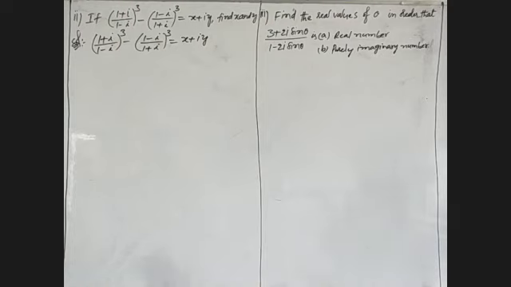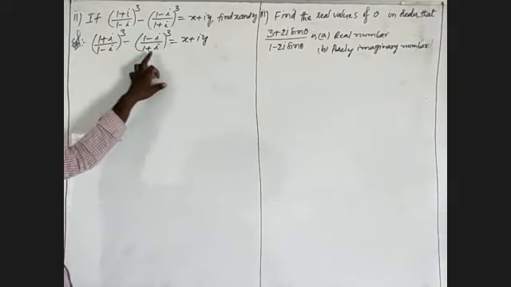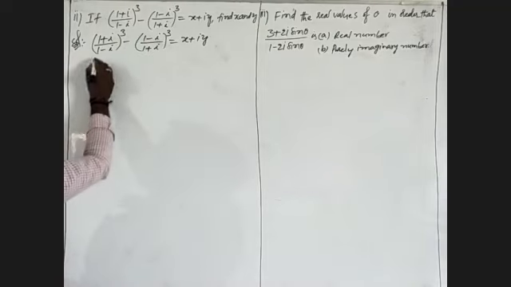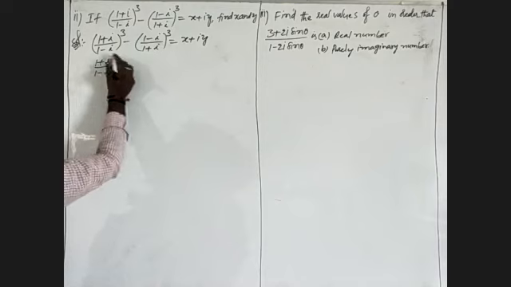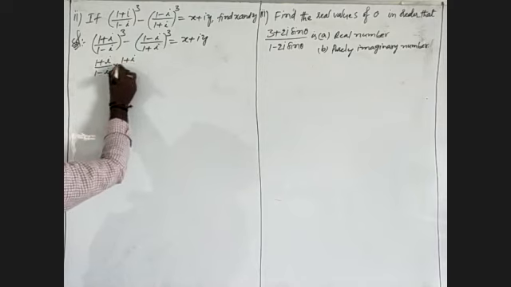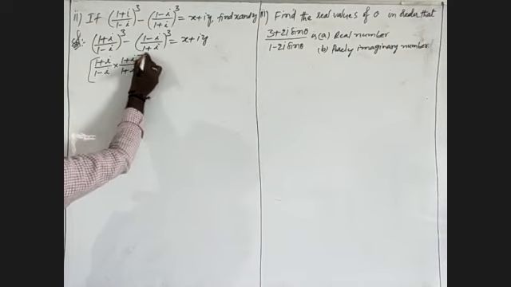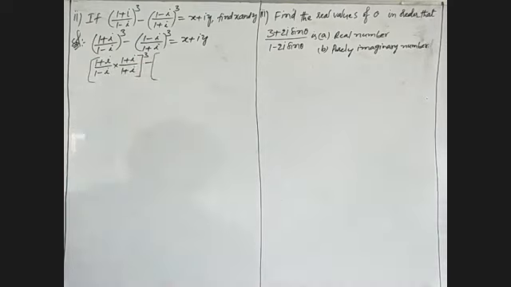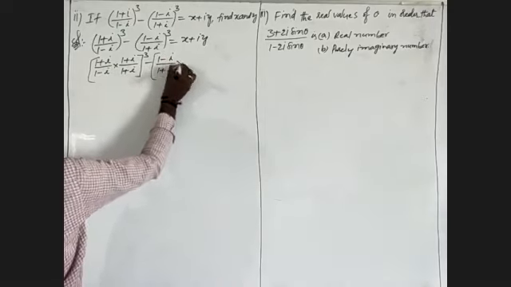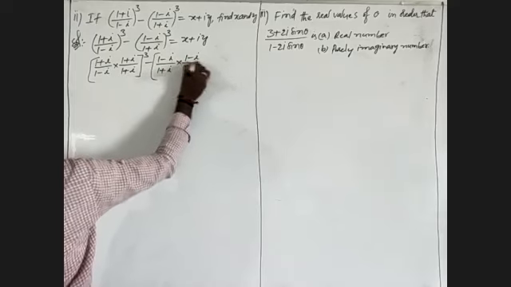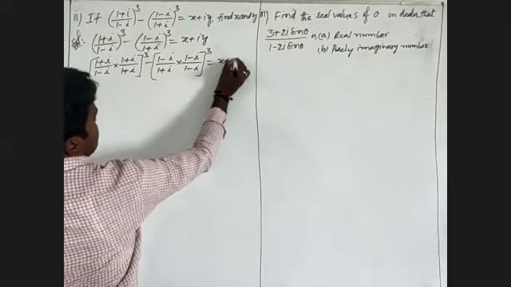We'll observe. First we will take the conjugate of 1 minus i, after that we will take the conjugate of 1 plus i. We will get (1+i)/(1-i) into the conjugate of 1 minus i, which is (1+i)/(1+i), whole cube, minus (1-i)/(1+i) into the conjugate of 1 plus i, which is (1-i)/(1-i), whole cube, must be equal to x plus iy.